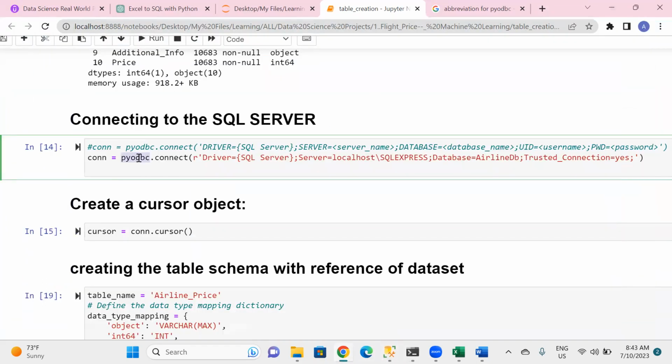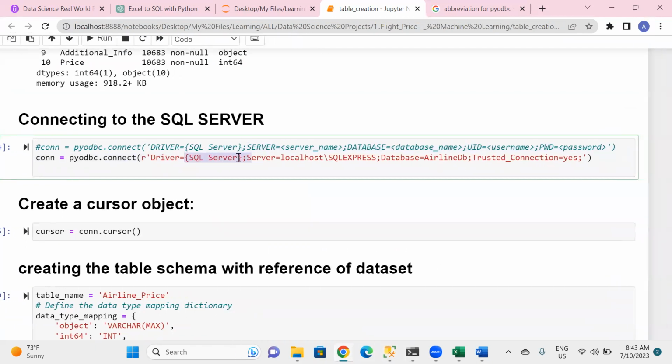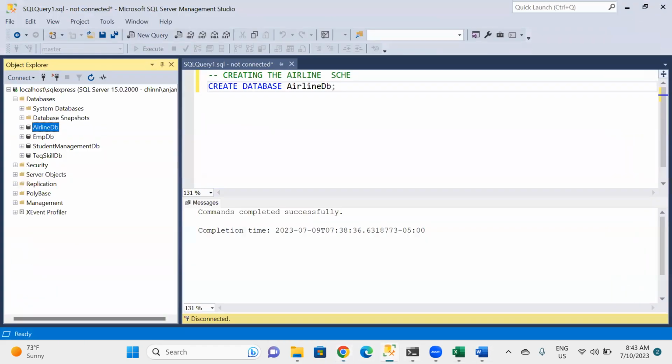So pyodbc is providing the connect function. Here the driver is SQL Server, so we are working with SQL Server, right? The server name is localhost SQL Express. Yes or no? So when we are opening the Microsoft